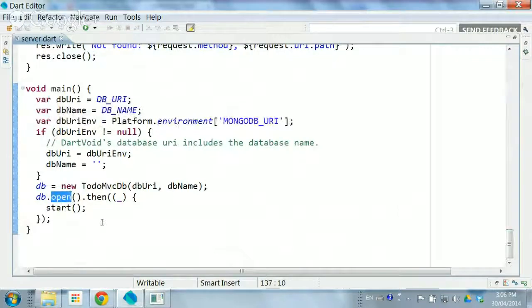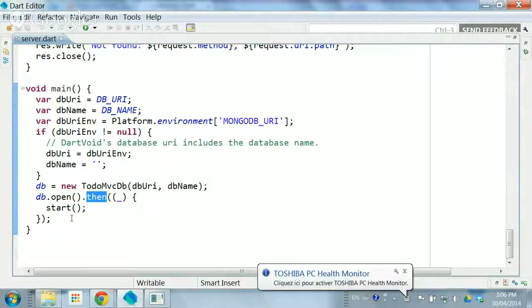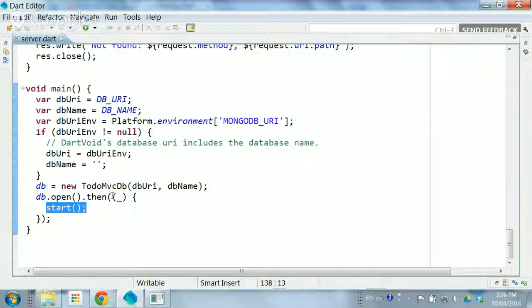And after we open the database, it's a future. After the open method has done its job, then we can start. Here we have the anonymous function with one parameter, and we may use the underscore here if we really don't care what that parameter is. Okay, so the start